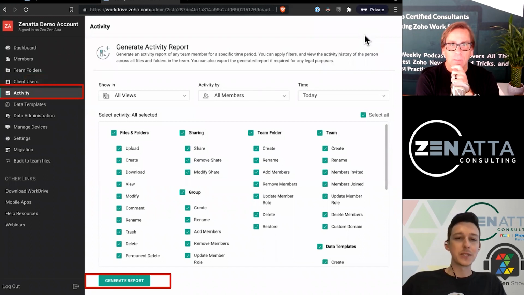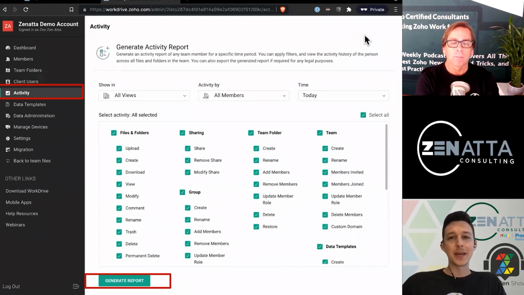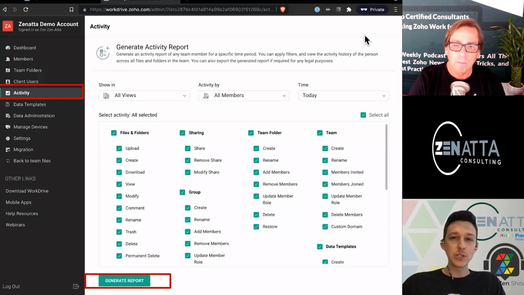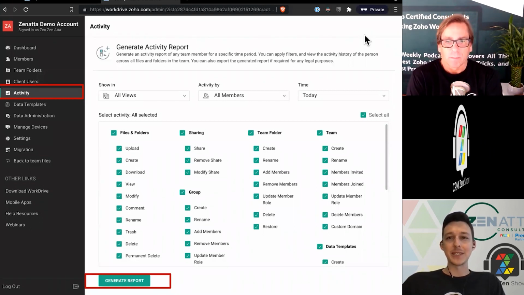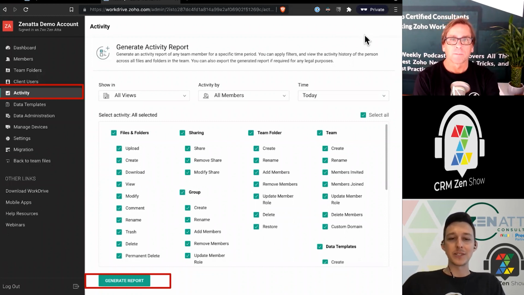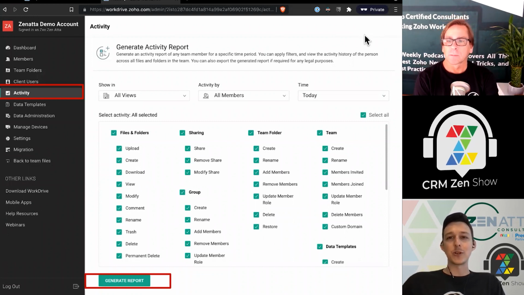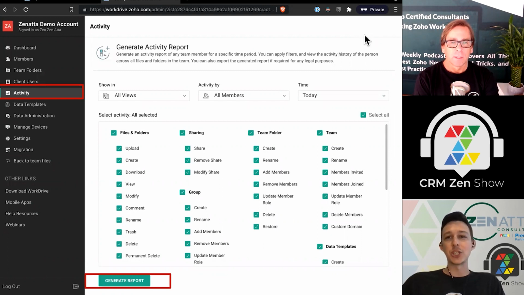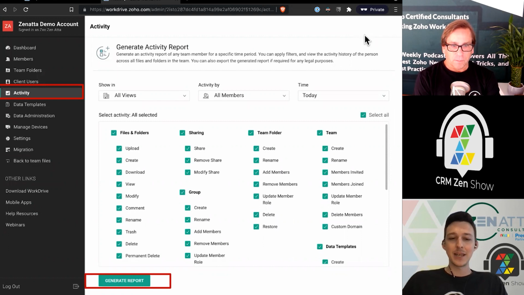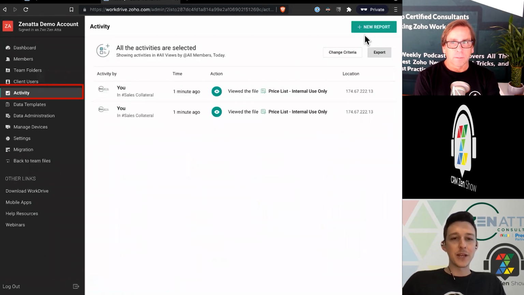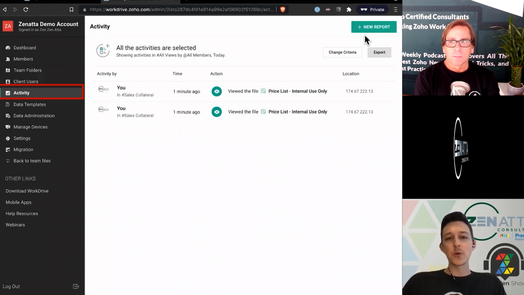Anything where documents or folders are being deleted, anything where sharing rules are being created or modified, right? So if you have that price list and it is A1 importance that it stays private, you want to make sure you're checking that no one is sharing or sneaking in any extra people who can see that list. Once we go ahead and generate that report, it's going to give you a quick breakdown of